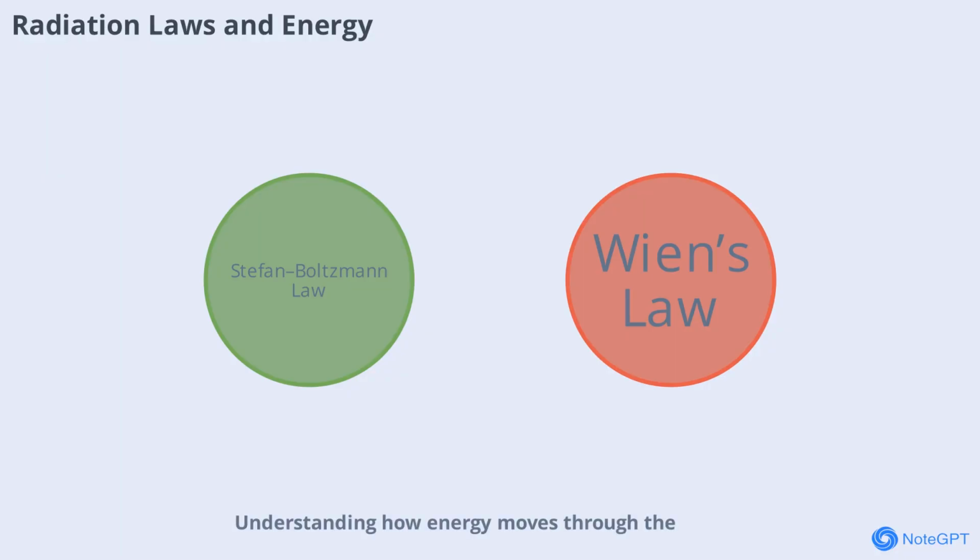Understanding how energy moves through the climate system starts with radiation laws. The sun, being much hotter than Earth, emits mostly visible and ultraviolet light while Earth emits infrared radiation. The Stefan-Boltzmann law tells us that hotter objects emit more energy, and Wien's law explains why the sun's peak emission is in visible light while Earth is in the infrared. These basic physical laws underpin how energy is absorbed, emitted, and transferred in our atmosphere, setting the stage for the